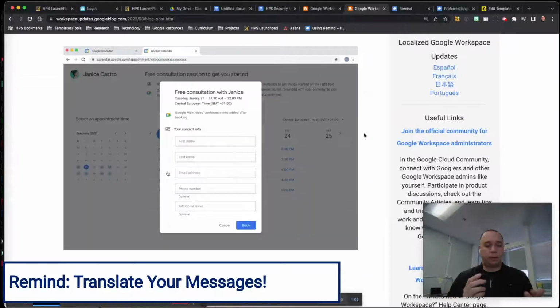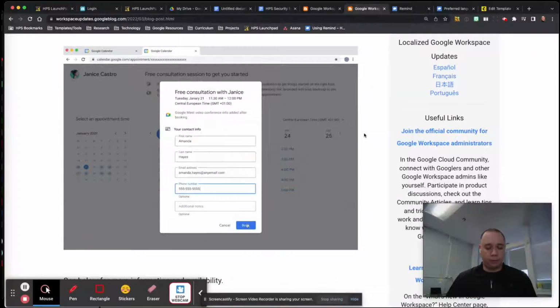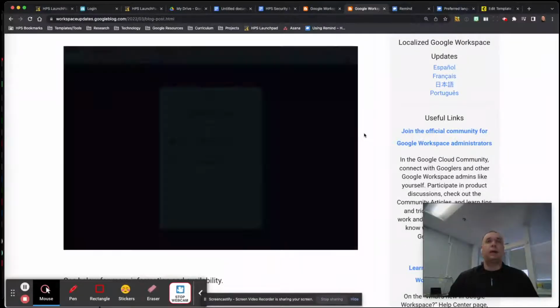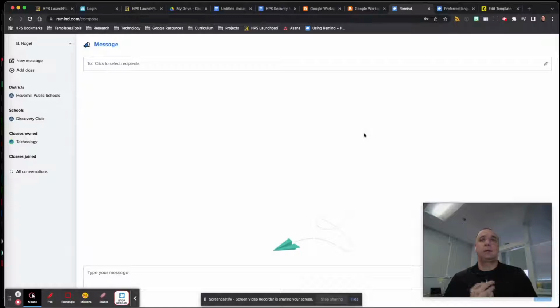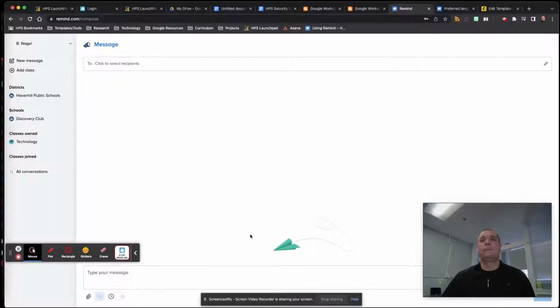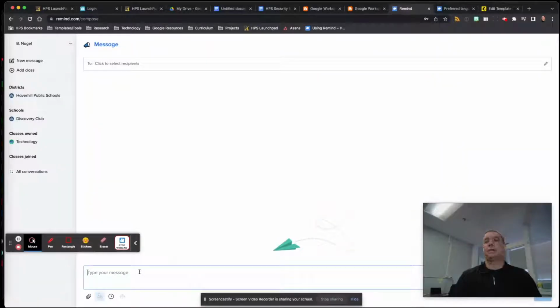The last two things I want to talk about deal with the Remind tool. And I know a lot of us have used this as our main source of communication this year. It syncs with our classrooms from SchoolBrains, and all the contact information and language preferences and all that good stuff. It's a great tool for sure. A couple reminders for that is as you get your message going and you want to send it out,